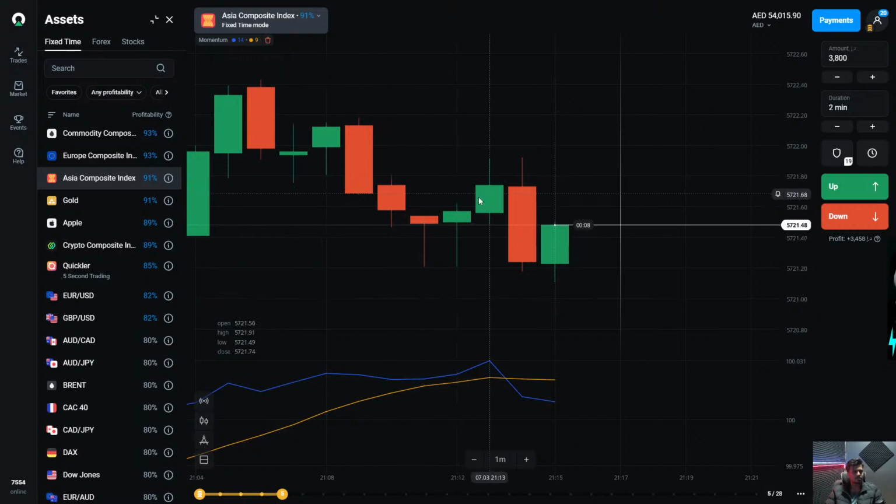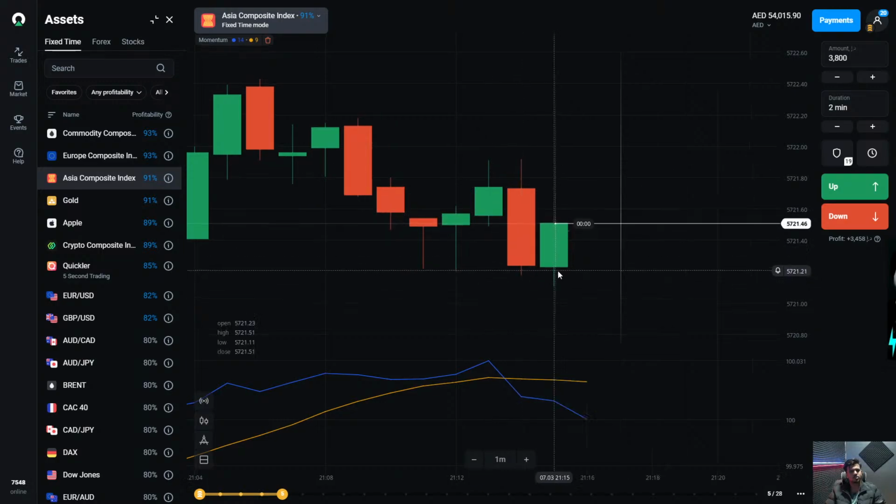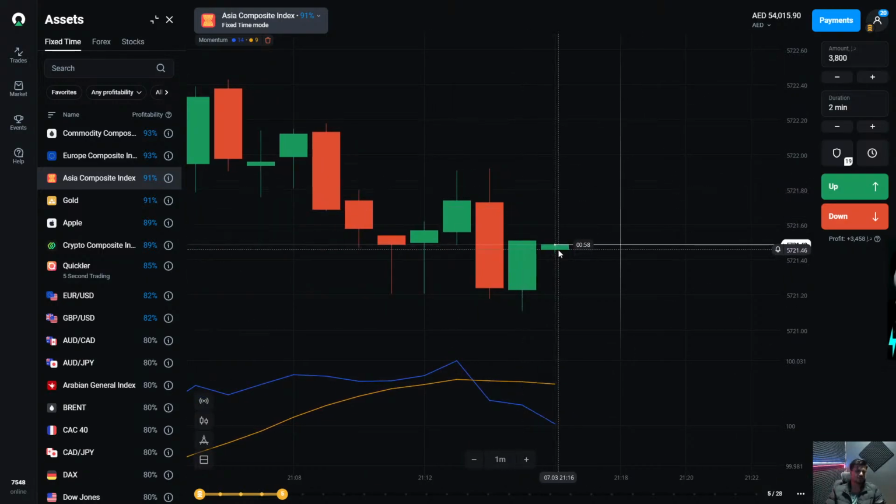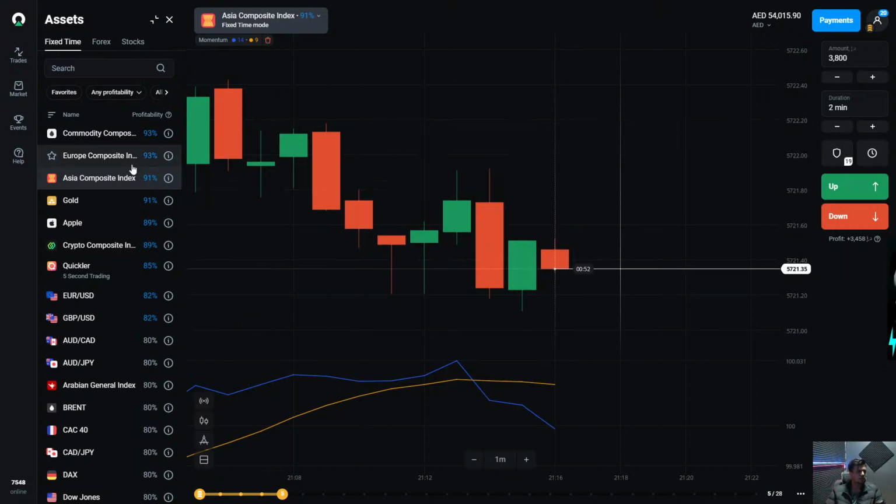After the 3 minutes, it went a little bit upward for 2 continuous minutes. 1 minute, 2 minute. After that, it came back downward. Then it tried to go upward again. Here it is going downward again, but it can also come back upward. So we can wait here.